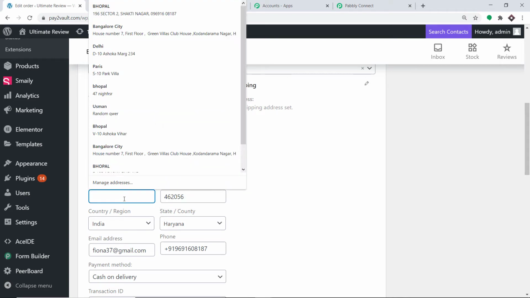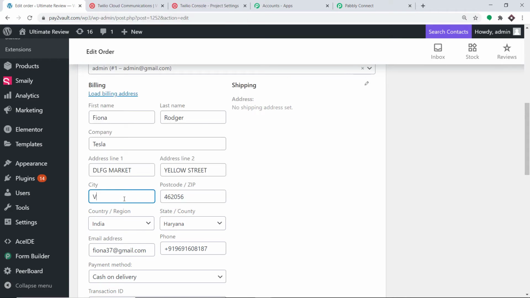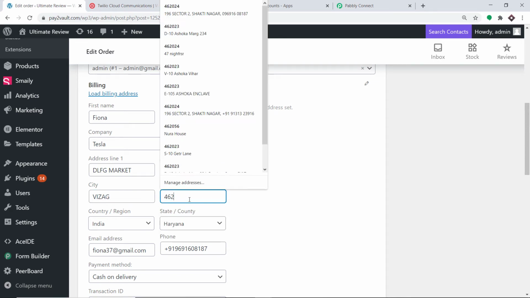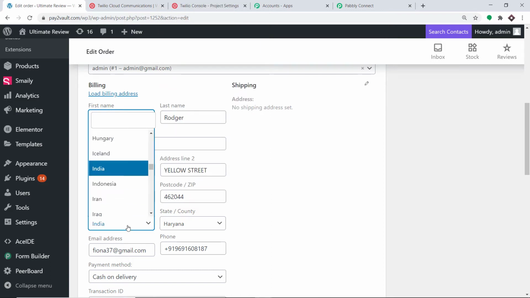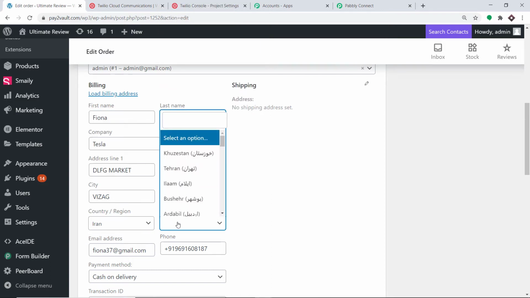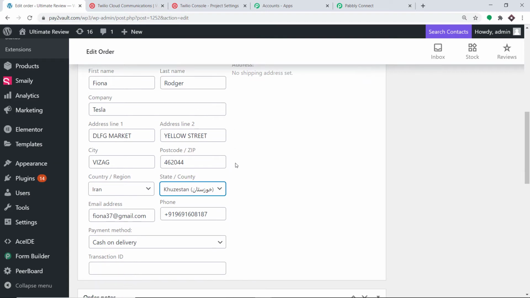The city is Vizag. The postcode or zip code I'm going to change to 462044. The country I'm going to change to Iran, and the state is this one, Kazakhstan.